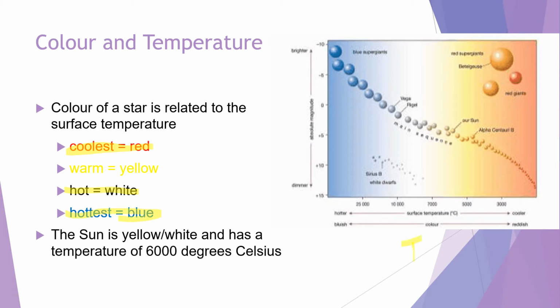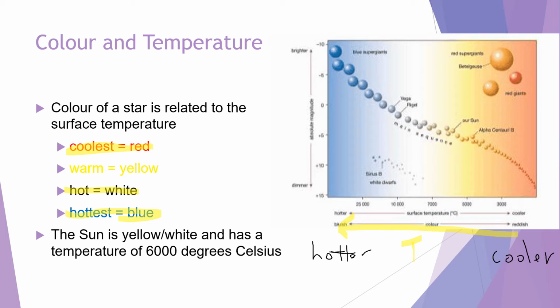So remember, guys, down here on the X is temperature, okay, and temperature increases from right to left. So this is going to be a hotter temperature over here. This is going to be cooler. So this makes sense. So we have red, okay, closest to the right, red, which is coolest in temperature. Then if you start to move to the left, you'll start to see more yellow stars, okay, so they're considered warm, temperature is increasing. Then we're getting into white stars, which are hot, temperature is increasing even more. And then as we get right to the left here, which are the hottest stars, we see the blue stars,